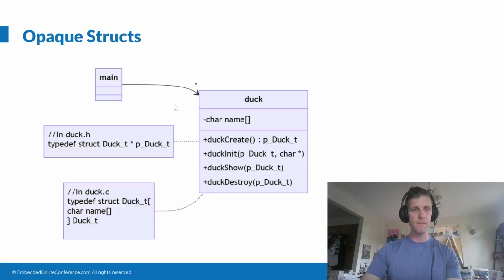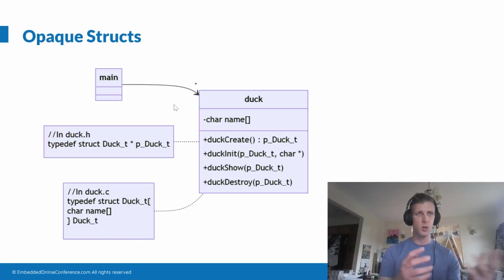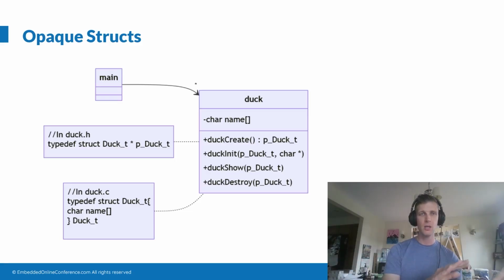And so I can do that to create what are called opaque structs, right? The opaque refers to the fact that the struct is hidden inside the source file, that the details of that struct are not made known to the main function. Instead, my main function only gets to operate on pointers to these structs. And since it doesn't know the internals, it's only the functions that are listed in the header file that it gets to